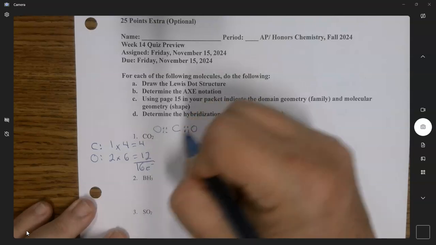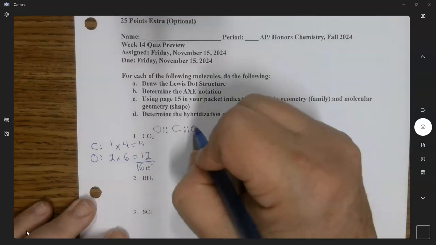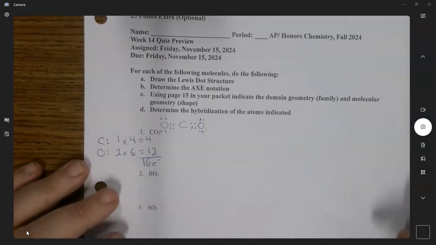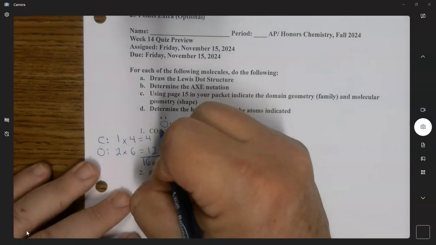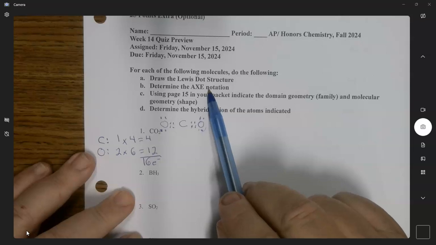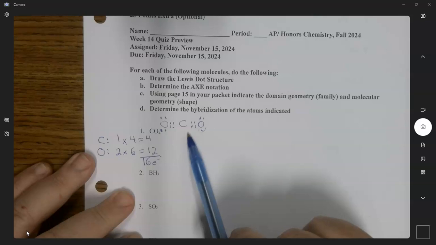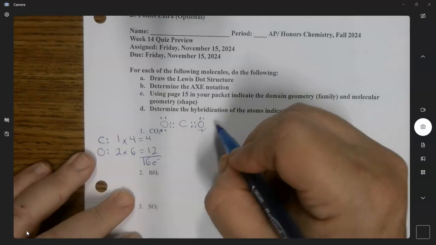Be sure you knew how to do that. You would have placed octets around, then you would have seen you needed double bonds in the middle. Okay, that's the Lewis dot structure. There's a dot right there. All right, now determine the AXE notation. So AXE only applies to the central atom because that's what determines geometry. So the AXE notation for carbon